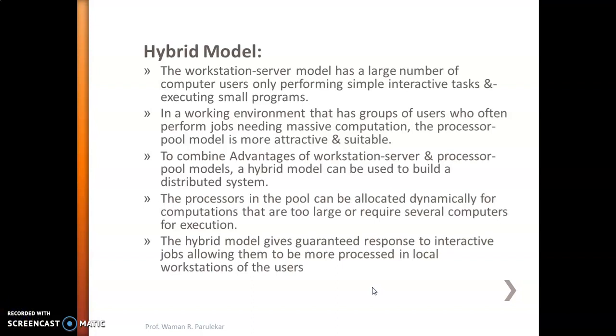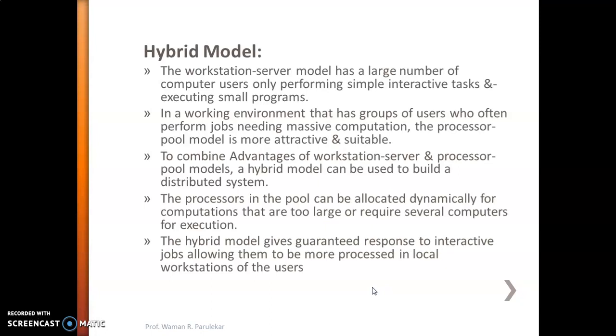So to combine the advantages of the workstation server model and the processor pool model, where we use the workstation server model for simple tasks and the processor pool model for massive computations, a hybrid model can be used to build a distributed system. The processors in the pool can be allocated dynamically for computations that are too large or require several computers for execution.